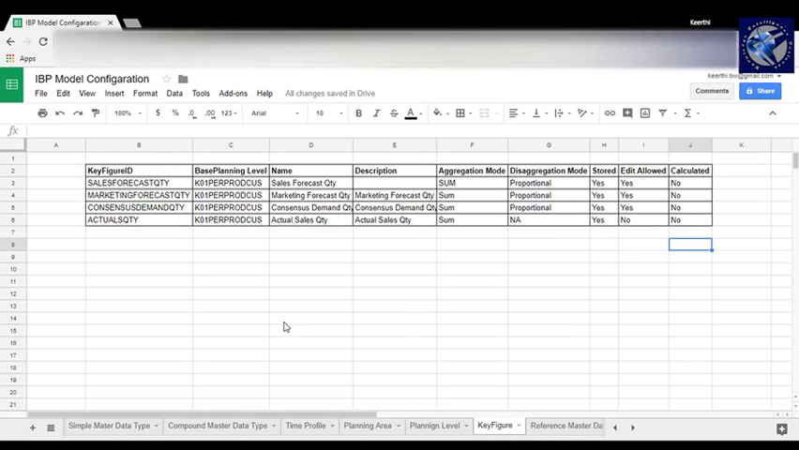So in this particular scenario, I want to create a sales forecast quantity, a marketing forecast quantity, consensus demand quantity, and actual sales quantity. But all these key figures I want to store at a base planning level, which is basically a period, product, customer, and I've given specific properties that we want to use to create these key figures. Okay, so let's start creating one by one key figures, and for that let us launch our SAP